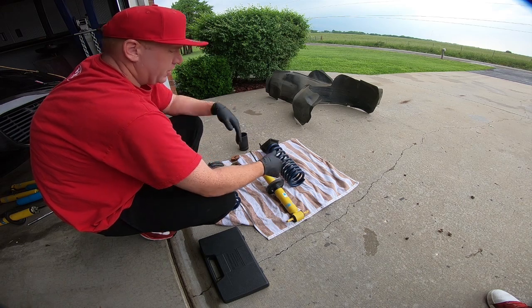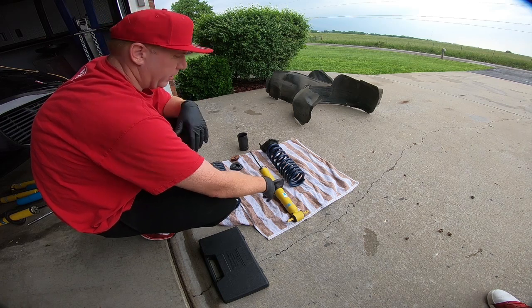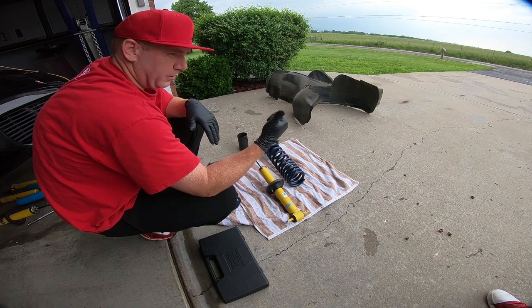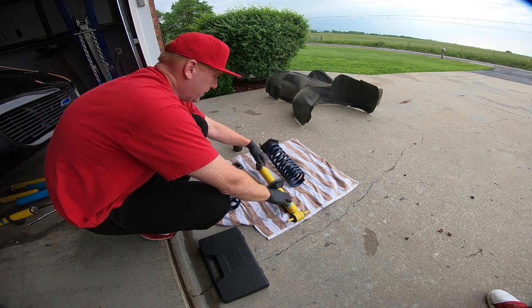I think around an inch, but BMR makes a really good spring, and as you guys know, I chopped them on the Trans Am until I went to coilovers. But you can chop them. I would recommend getting a different strut if you cut your stock springs, and I will list a link to that video up above. But we need to reassemble, so really all there is to that is put your old